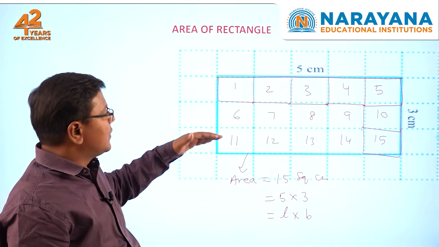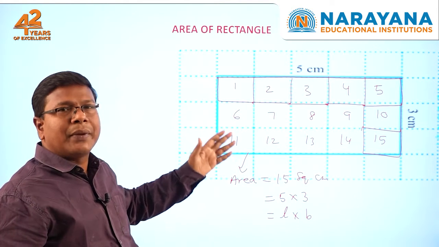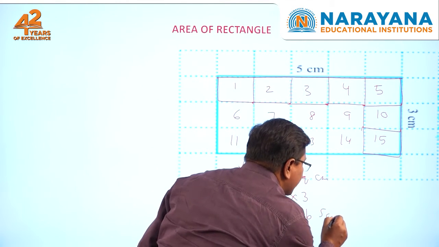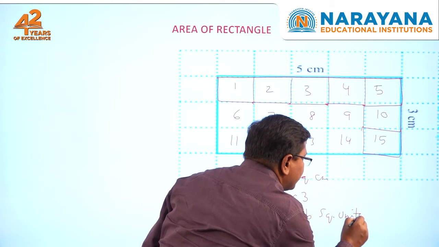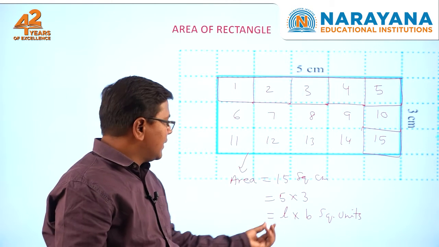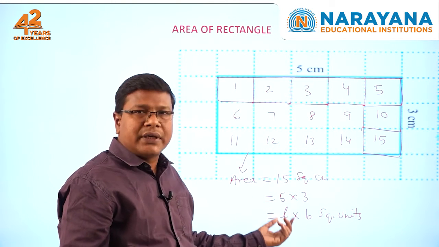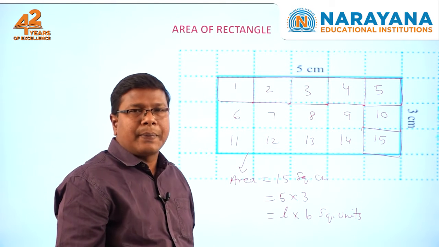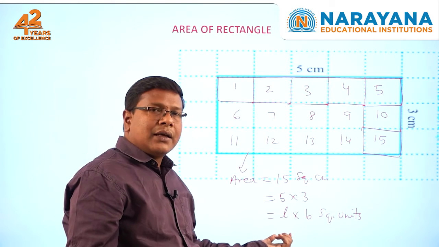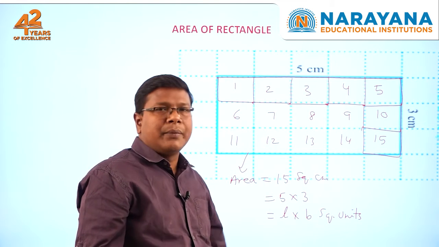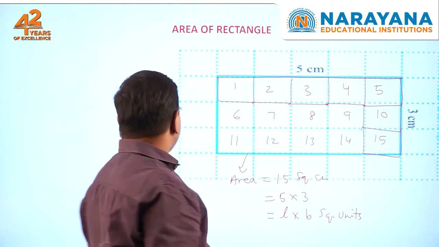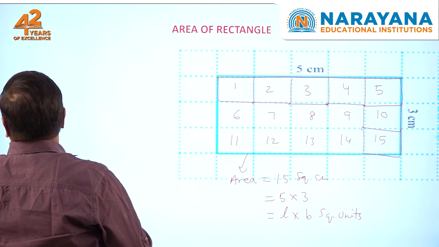Right. To get the area of the rectangle, we need to multiply the length and breadth, and we will get its area. The units are square units, because centimeter into centimeter gives you centimeter square. If it is meters, meter into meter gives you square meters, or meter squares, as the units. Fine. Now, come to one example on this.